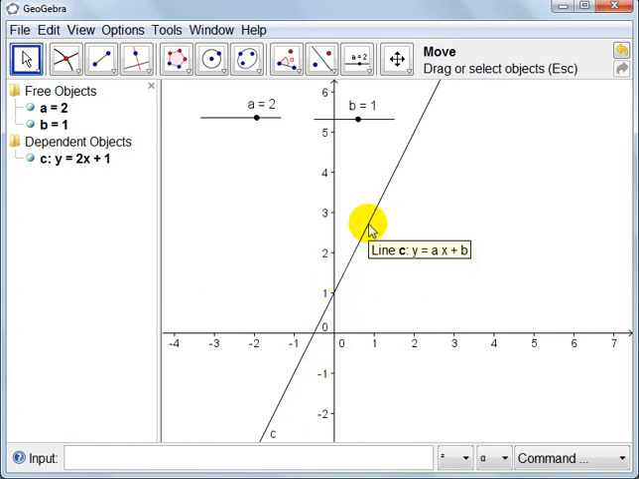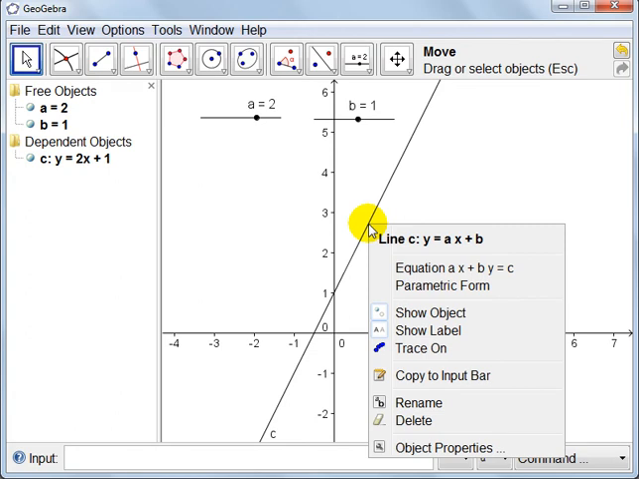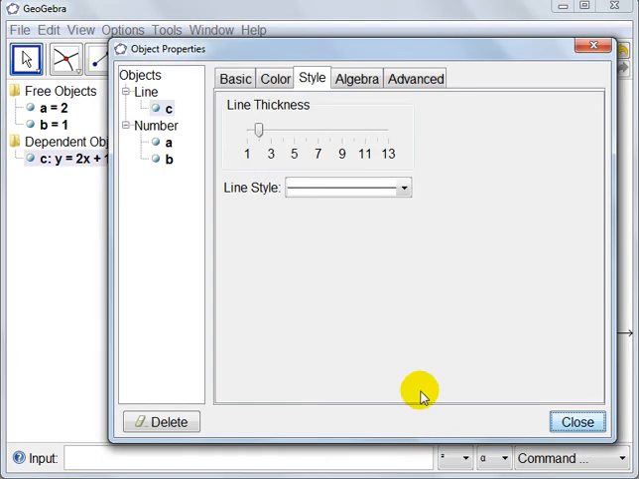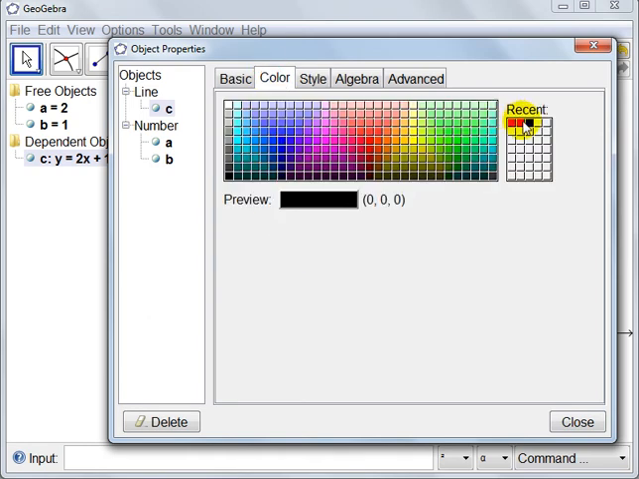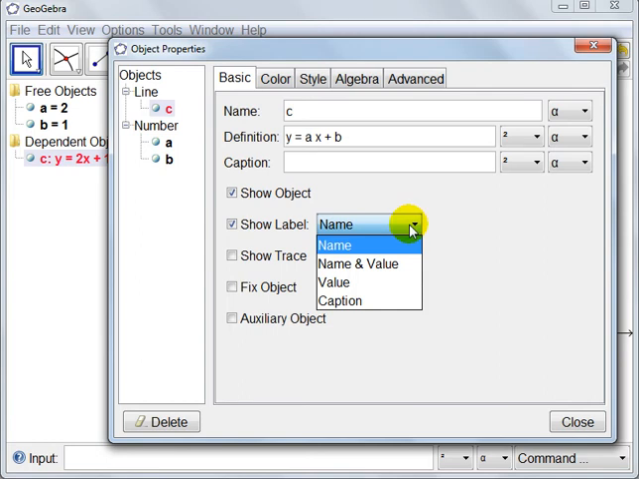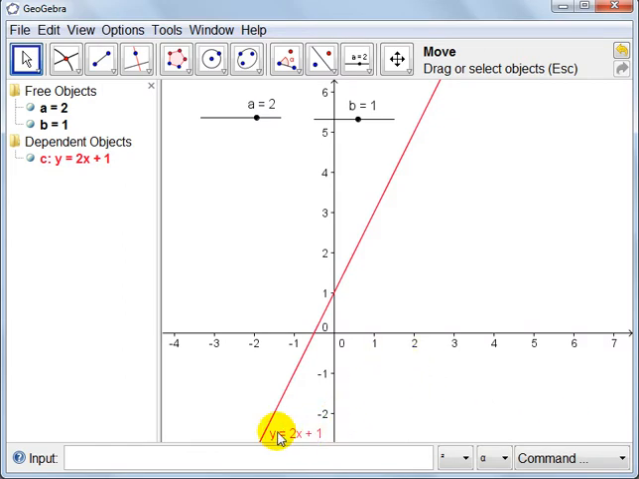Let's do some enhancements. Right click on that line, object properties. Let's increase the line thickness. Let's change its color to red, and I want to show the value. So the value here is the equation of the line y is equal to 2x plus 1. It's red,